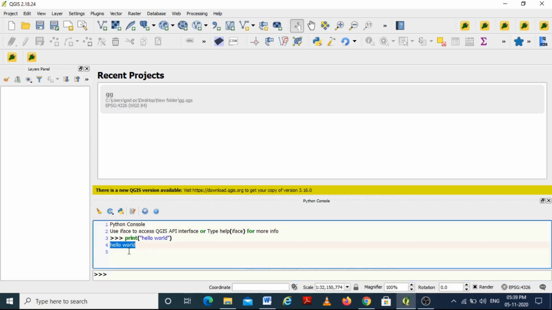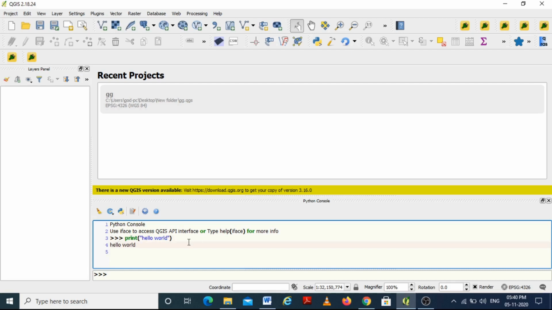Now we can see that hello world is printed in the console, which means that the code is executed without any error. If there is any error, it might have displayed in red color. Here we have used one function and one parameter.